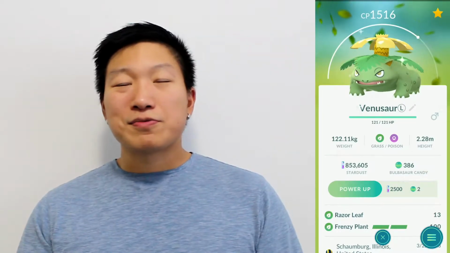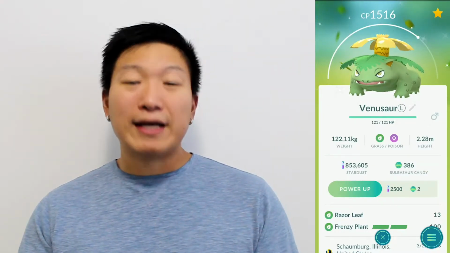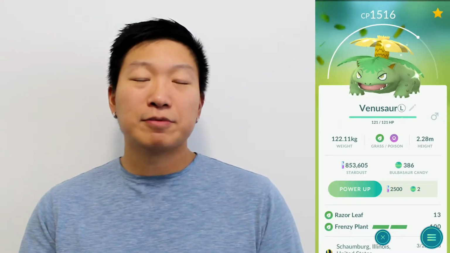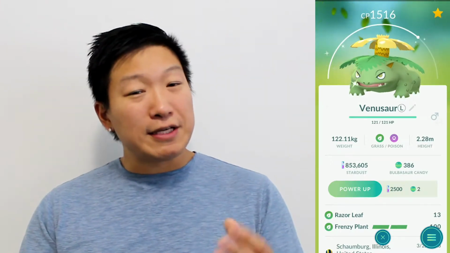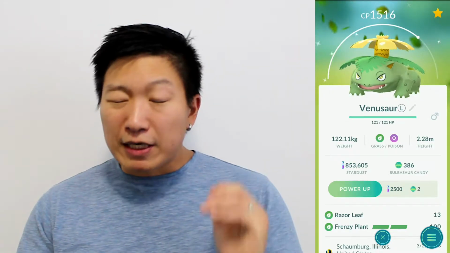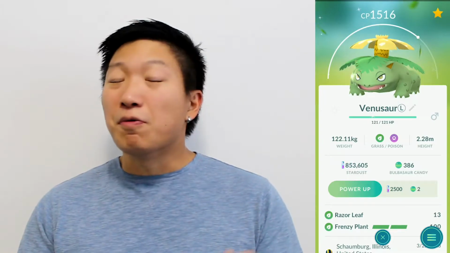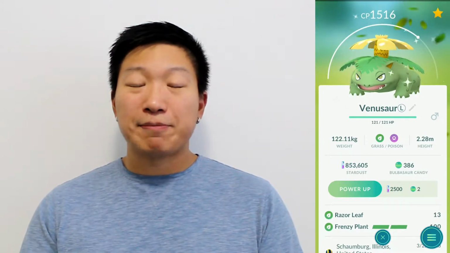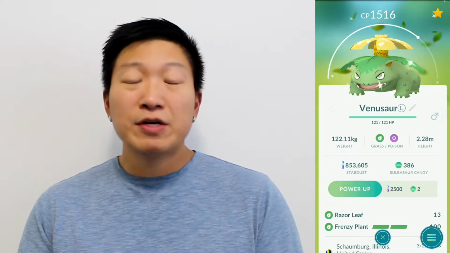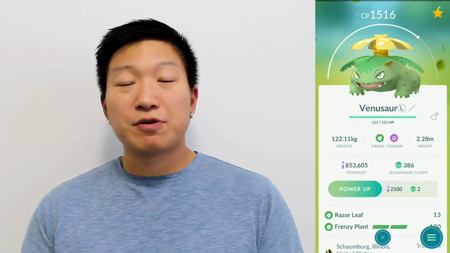Up next, of course, we have Venusaur with Frenzy Plant. Now, this Pokemon is by far the best grass type that we have available right now, but unfortunately, grass types are not necessarily extremely relevant in the meta. But regardless of that fact, you still want to get a Venusaur with Frenzy Plant, because when the situation arises where you will need a really powerful grass type, well, you will want to have a Venusaur with Frenzy Plant